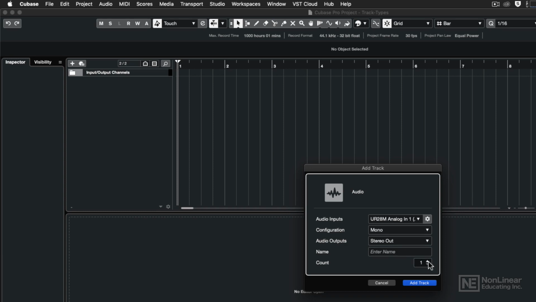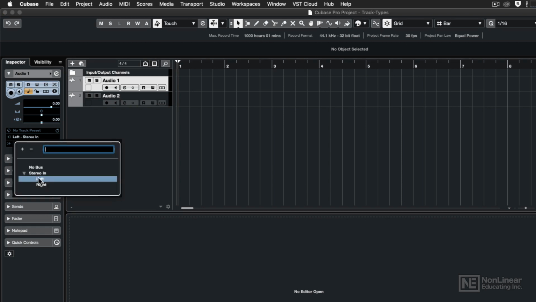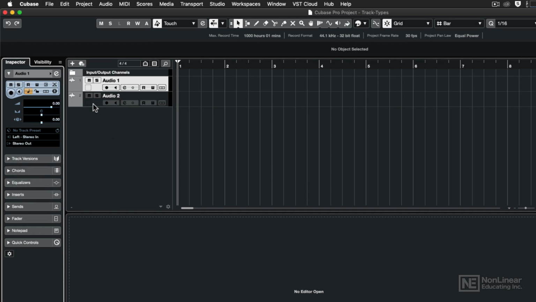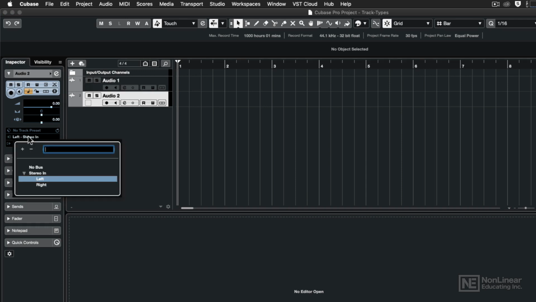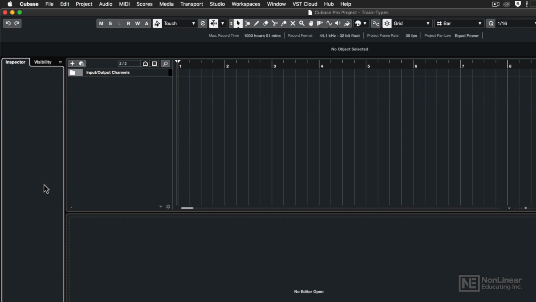So let's say that we wanted to add 2 audio tracks that are both mono. So I'll call these audio, and then you'll notice that it automatically incremented the number of those tracks. So I have audio track 1 and audio track 2. If you wanted to record them simultaneously, you'd need to make sure that each track was set to its own individual input by coming to the input selection over here and choosing the left input of your audio interface for track 1, and then track 2 would need to record from a separate input, in this case, the right input of my audio interface. But I'm going to undo that again and get rid of those tracks and show you